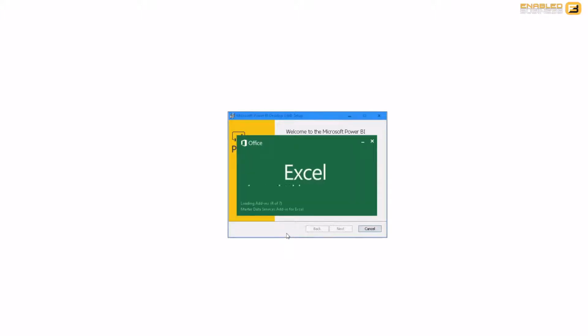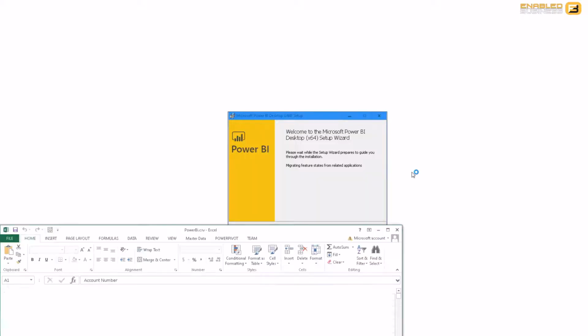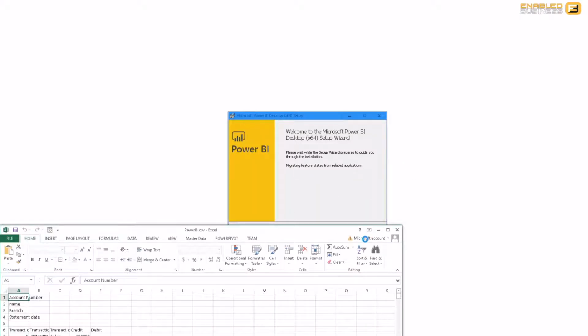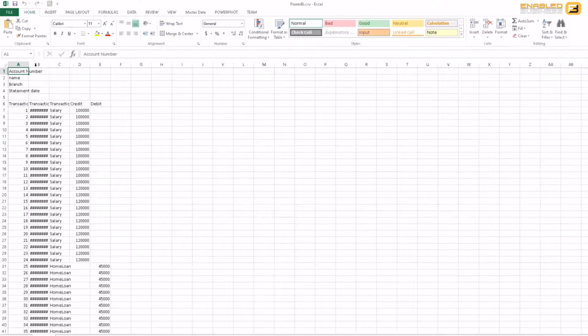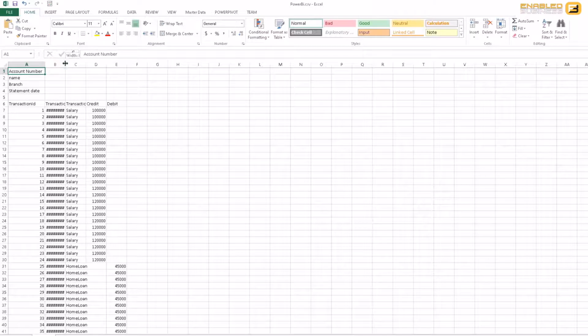While that's happening, I'll go ahead and show you the data that we'll be working off today. This is again just a sample file, so it's not really something that contains any real data. The numbers might not always reflect a real world scenario in terms of the categorization of the expenses and stuff, but the idea is that this much is pretty much guaranteed to be there in all